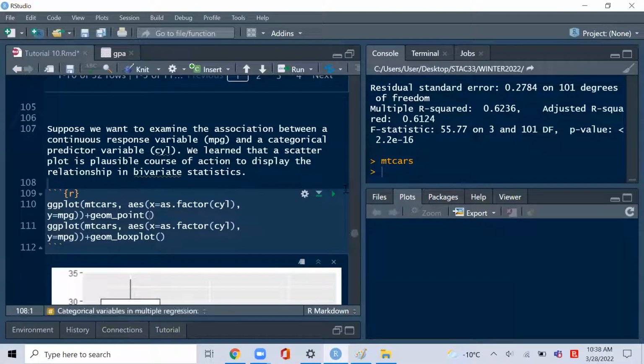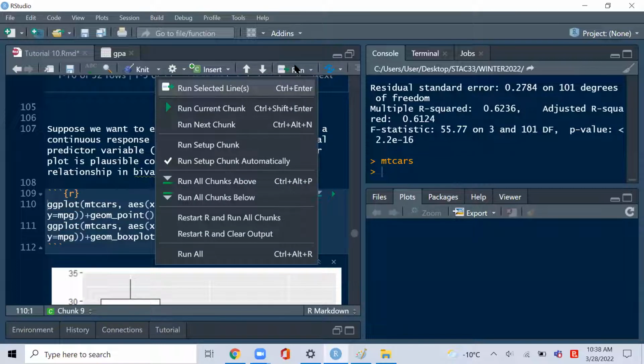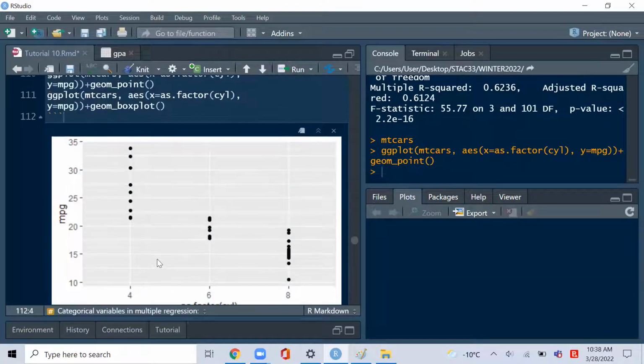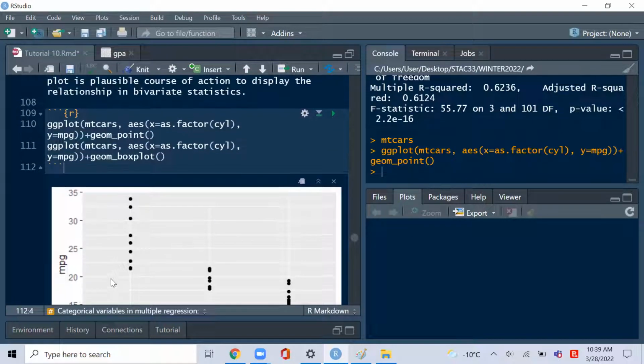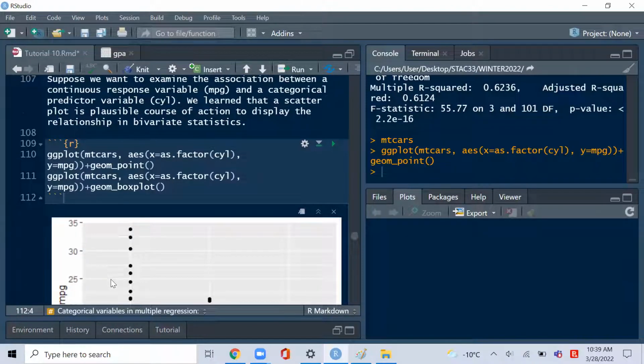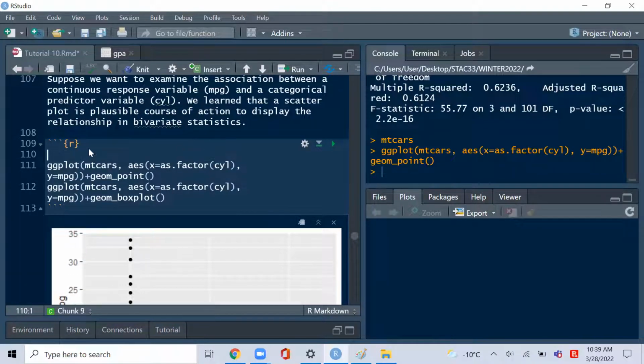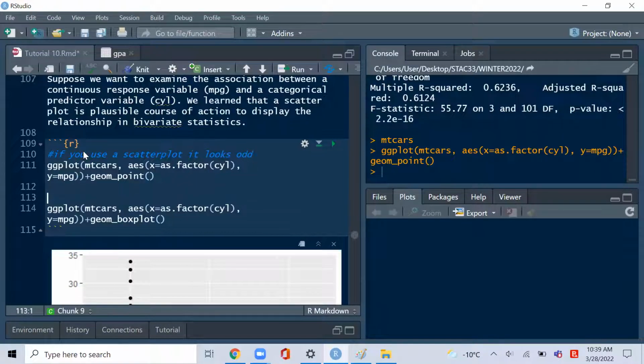So if we run this, we will get this, right? Which shows you that it's really not actually something that's continuous. You would see from the plot, it's a discrete thing. If you try to use a scatter plot, you will see that it doesn't make sense because it's a factor variable, right? So I'll just put a note here. If you use a scatter plot, it looks odd, right? So here we will use